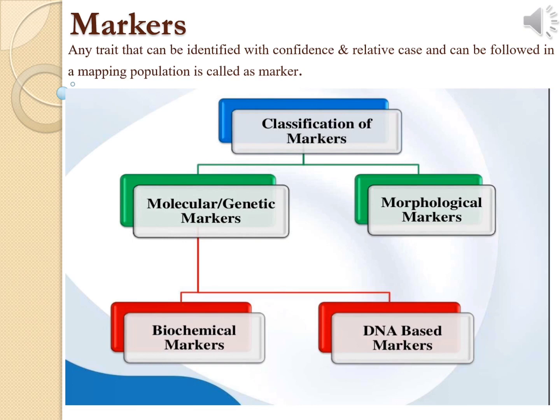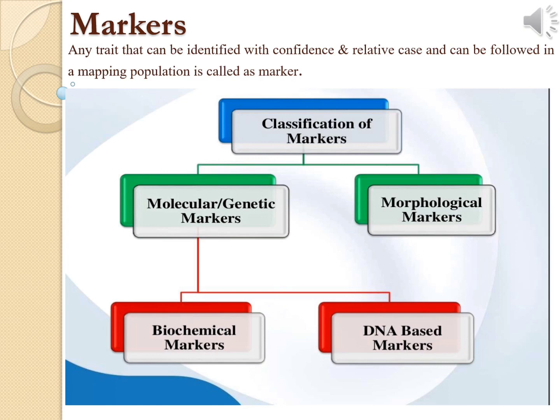A marker is a gene of known function and location which allows studying the inheritance of that gene. So, it can be defined as a piece of DNA molecule that is associated with a certain trait of organism. It can be followed in mapping population. A marker must be polymorphic, that is, it must exist in different forms so that chromosomes carrying the mutant gene can be distinguished from the chromosome with the normal gene by marker.